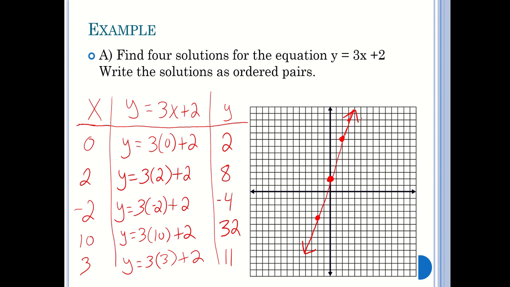Something like that. Okay, now here's the deal. If you are connecting the dots and you're doing a good job connecting the dots, and your line curves, here's what happened. You made a mistake. One of your points, maybe more than one of your points, is off. These lines should be perfectly straight like this. They should not curve. Now, sometimes you're not good at drawing a line and it curves because of that. That's different. If it curves because your point is in the wrong spot, and if you did a perfect job connecting the dots and it curves, like for example, let's say you had